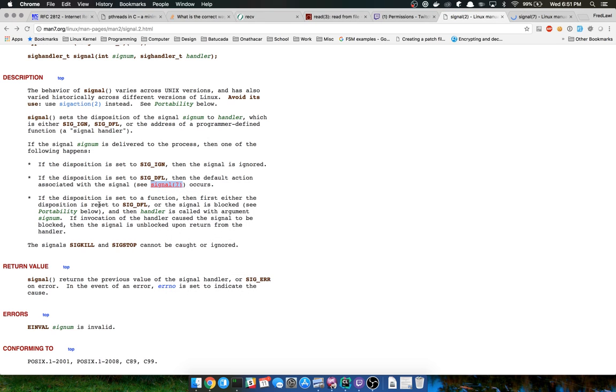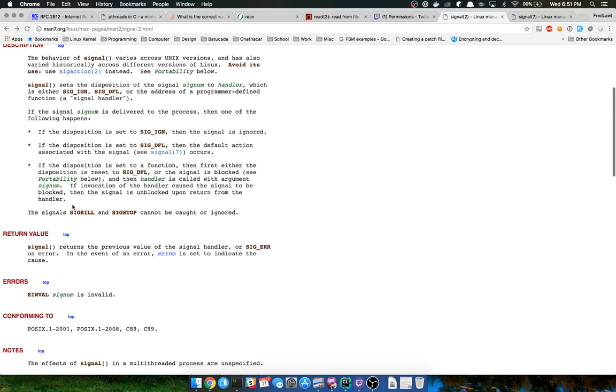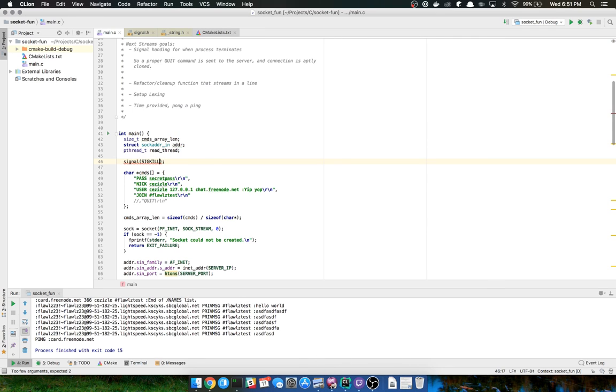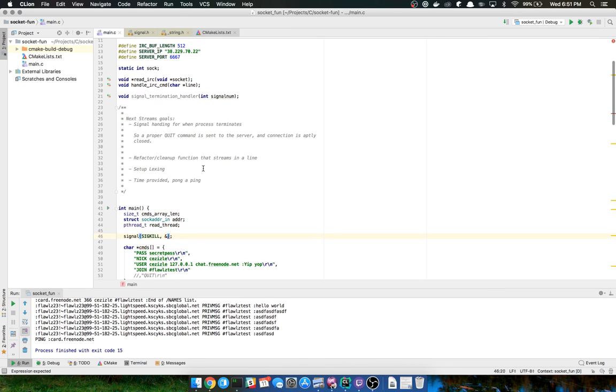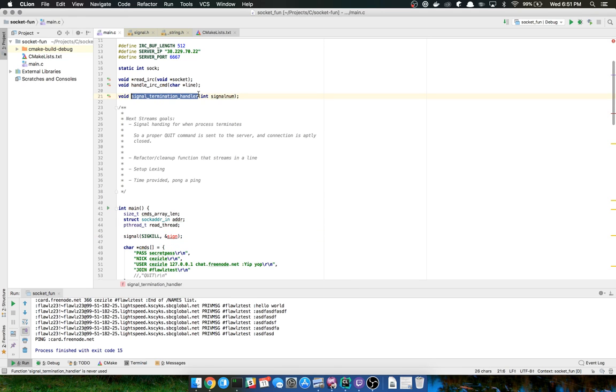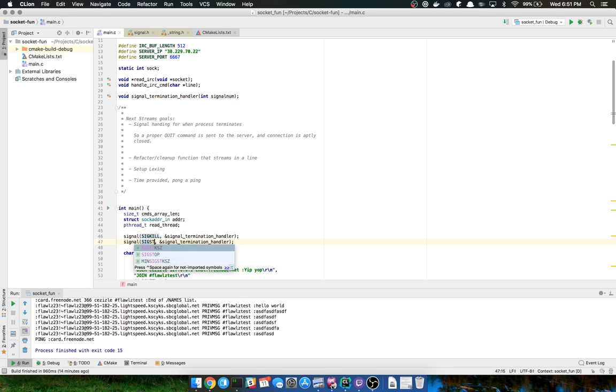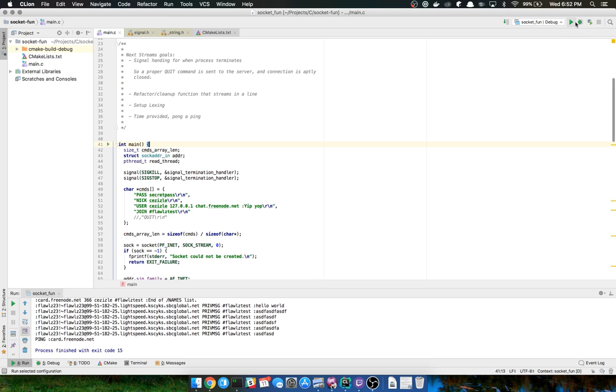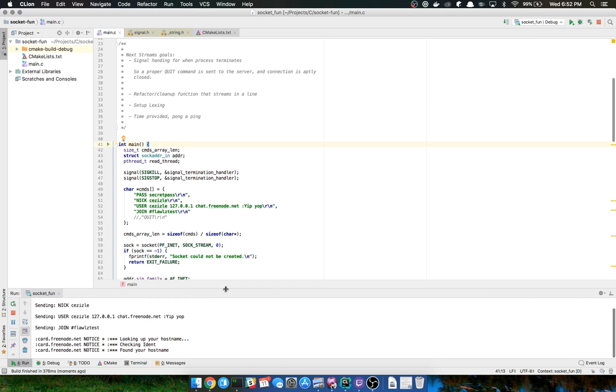Okay, we'll go ahead and open that new tab for now. Or I guess it is set with the argument. I don't know. Whatever, we can try this out. Why not? Go ahead and do sig kill and sig stop. So we'll pass that in, and give it a reference to my signal termination handler. Okay, and then we'll do it to sig stop. And let's see if this works.